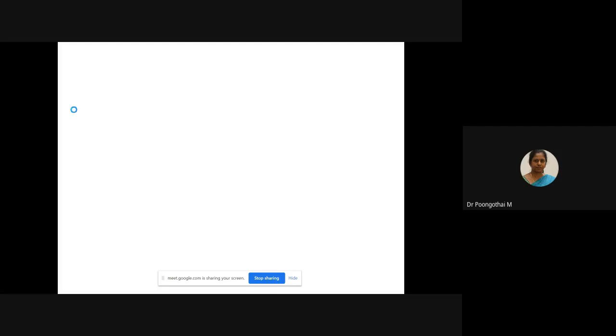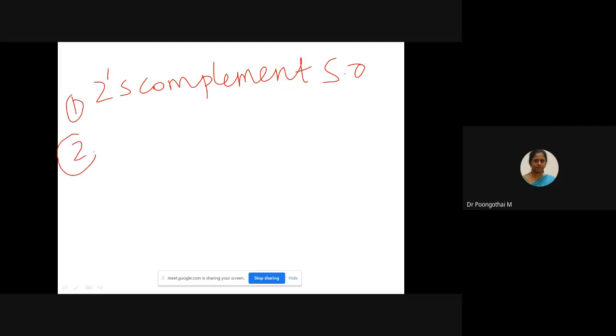So, first step, take the 2's complement of your source operand. Second, add this 2's complement to the destination operand. And third step, invert the carry flag.